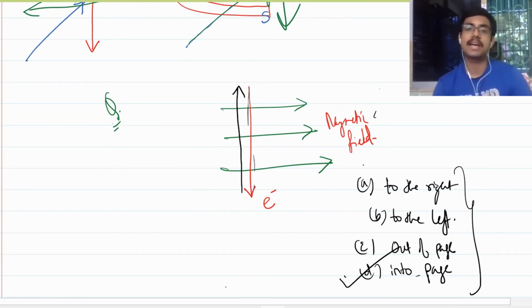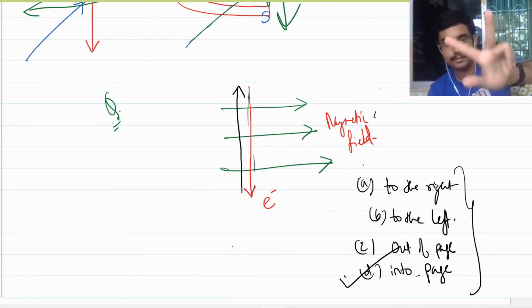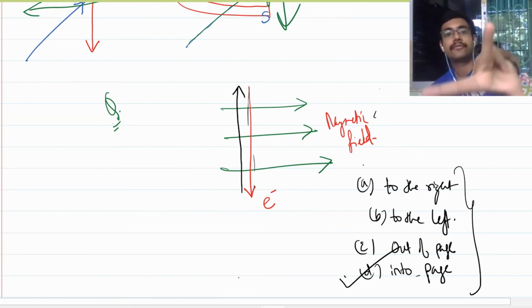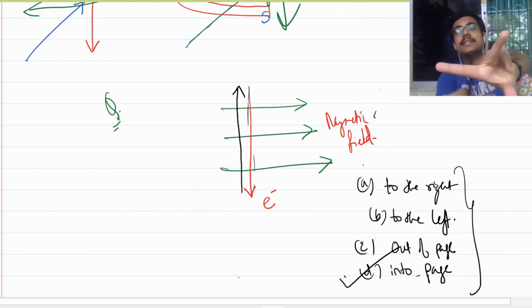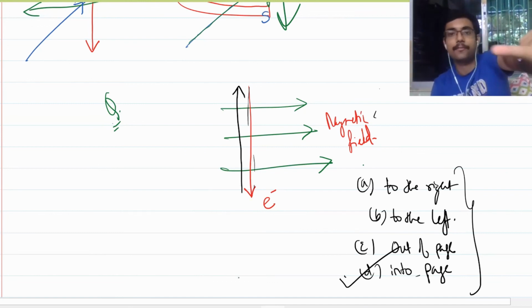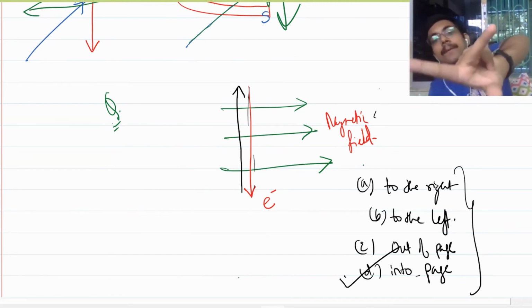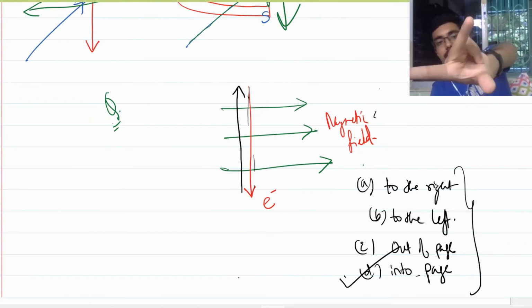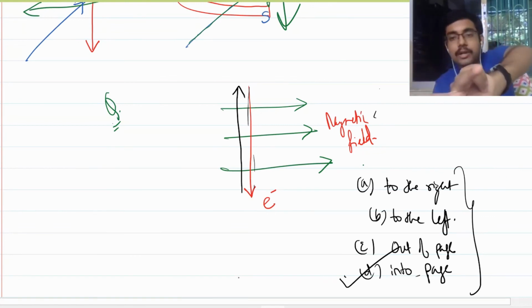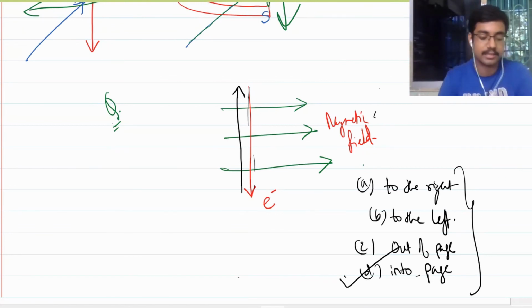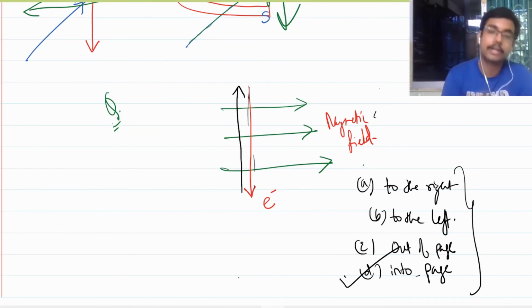So if upside is the direction of the current, the middle finger will point up. If the index finger is the direction of magnetic field, it will point in the direction of magnetic field. The thumb is pointing into the paper in this arrangement. Please look at this. If you arrange your hand in this particular order, you will see the thumb into the page. Hence, the electron will experience force into the page. Is this clear?